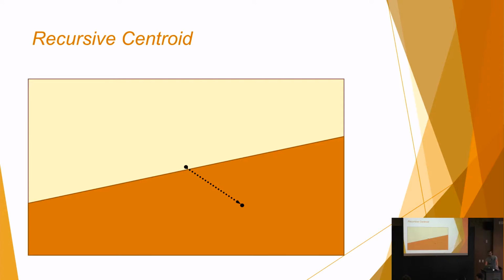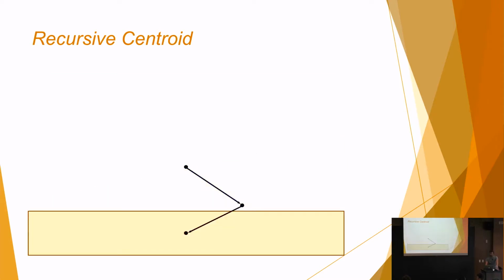So I'm going to start off by playing the centroid. I'll do that a couple times. And now once I've gotten down to this convex set, I say, OK, if I look at this direction, I'm pretty skinny in that direction. So now that I've gotten to this skinny direction that I can move in, I'm going to only move up and down until I can no longer do that. So now I'm going to play this recursive